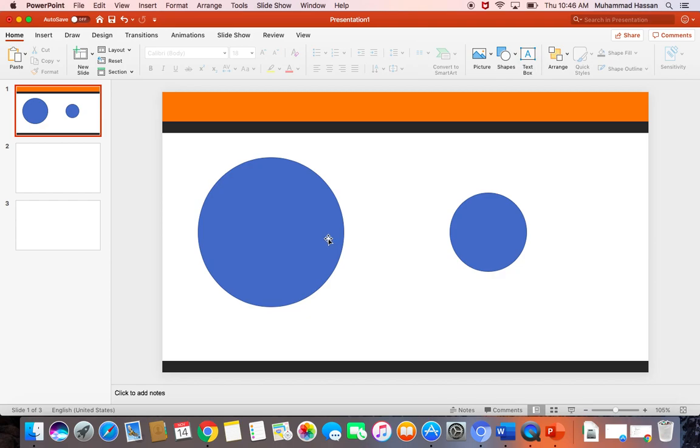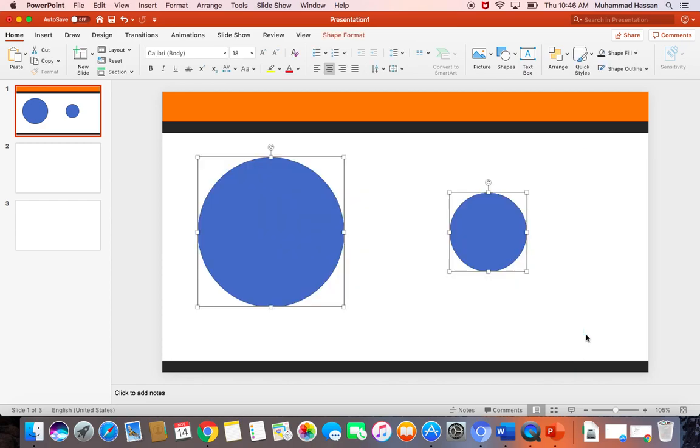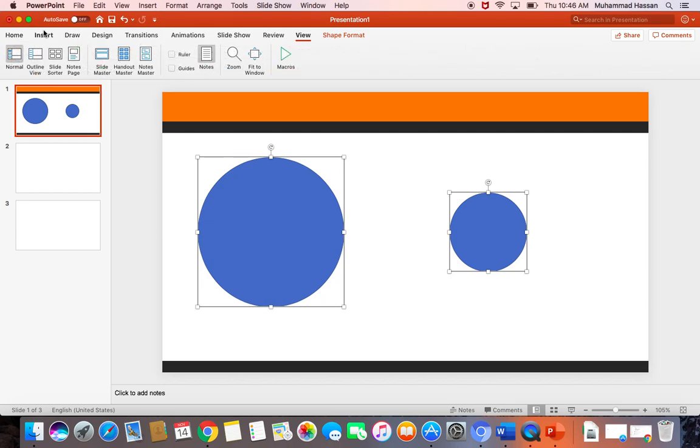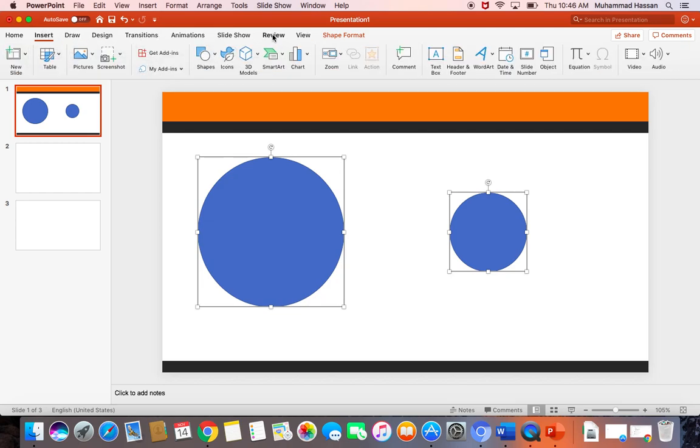But there is another way that we can use to align them: I select this, then press shift and select this, or I highlight both of them like this. Okay, now this is a very good way for me to look at it and say, hey, you know what,